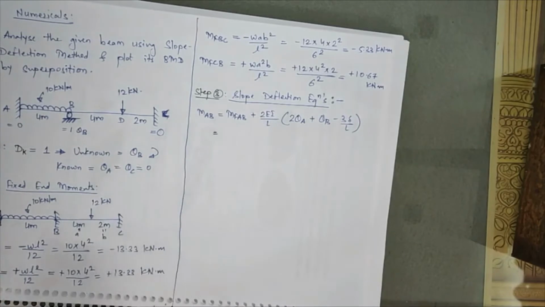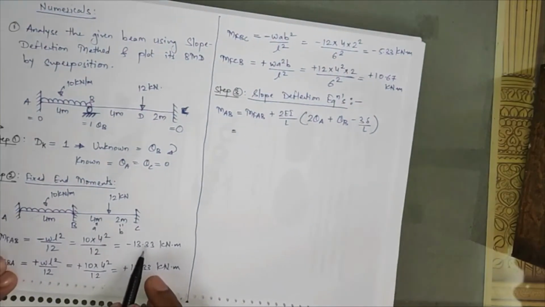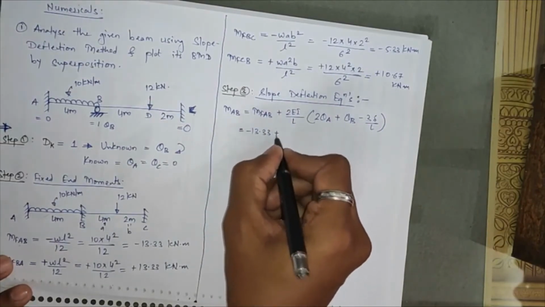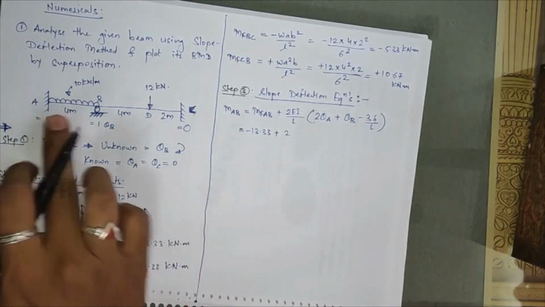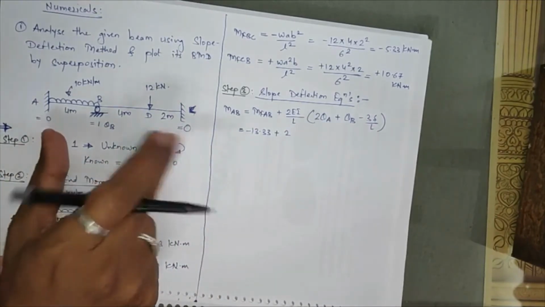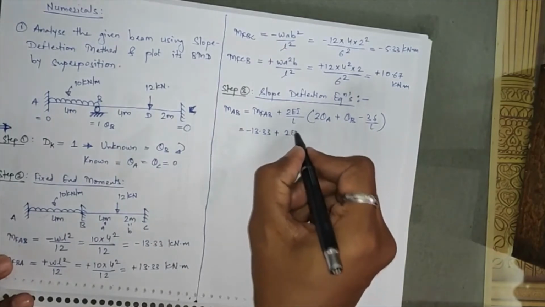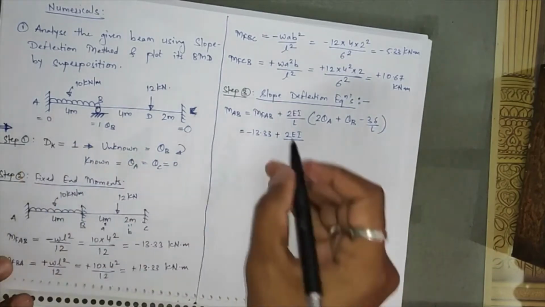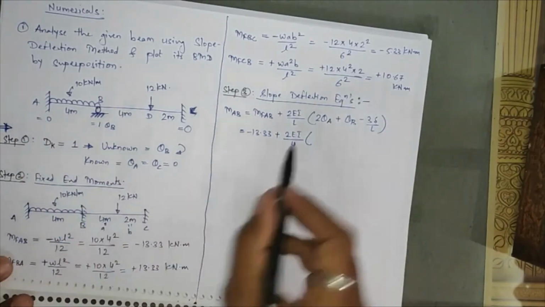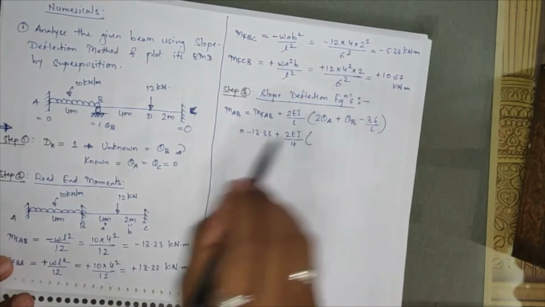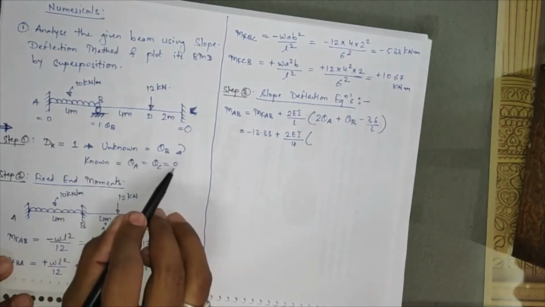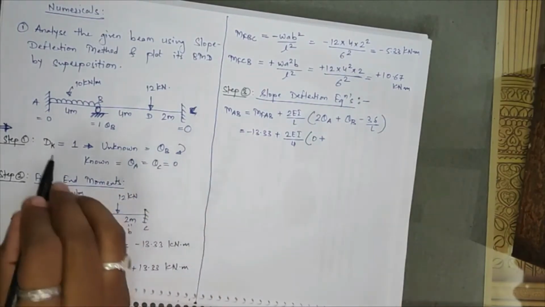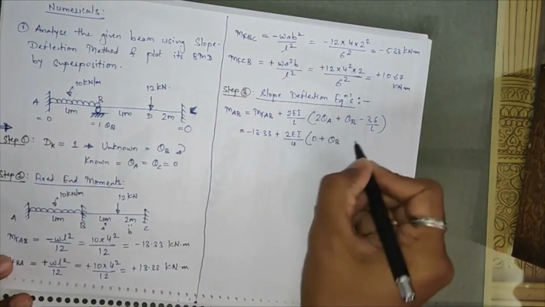Now MFAB that we have calculated, it is equal to minus 13.33 plus 2 times of EI. Flexural rigidity is not given, so we'll consider that as constant throughout the member. 2EI divided by L. L is what? That is length of member AB. It is given equal to 4 into bracket 2 times of theta A. Now theta A is what? That we have seen, it is our basic known value, theta A, that we are getting 0. So this first value will come 0 plus theta B, that is our basic unknown which we have to find out. So theta B, and next is your delta.